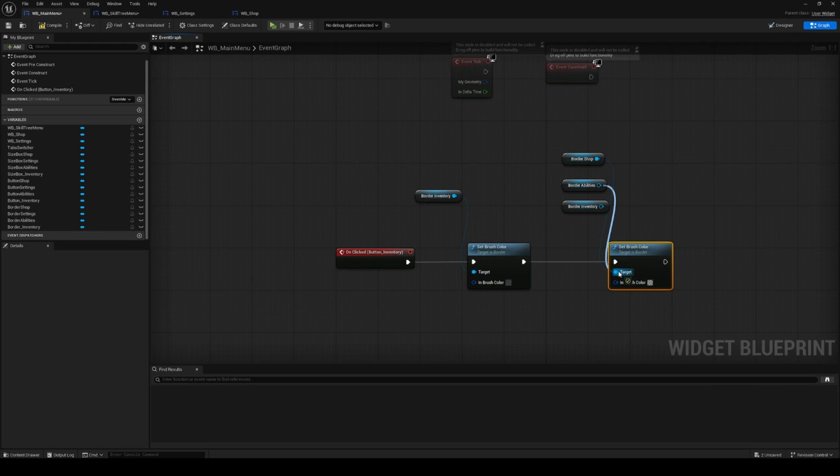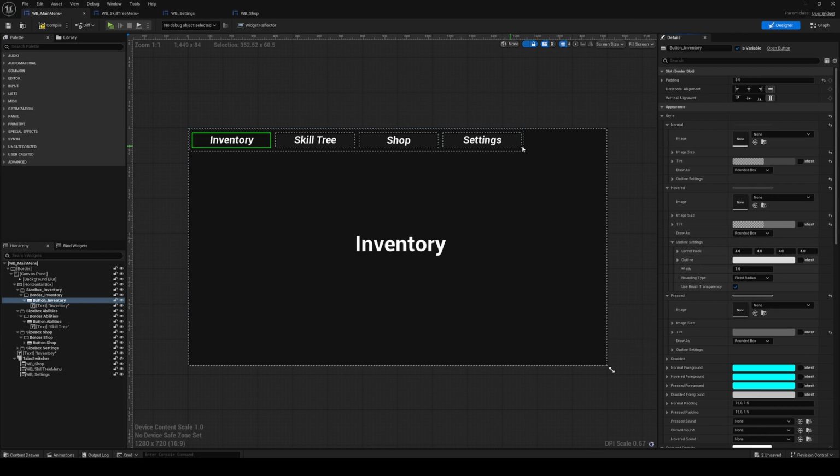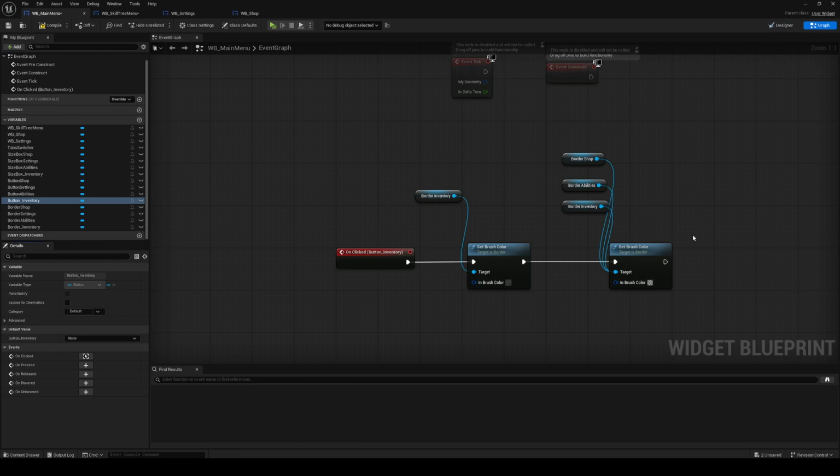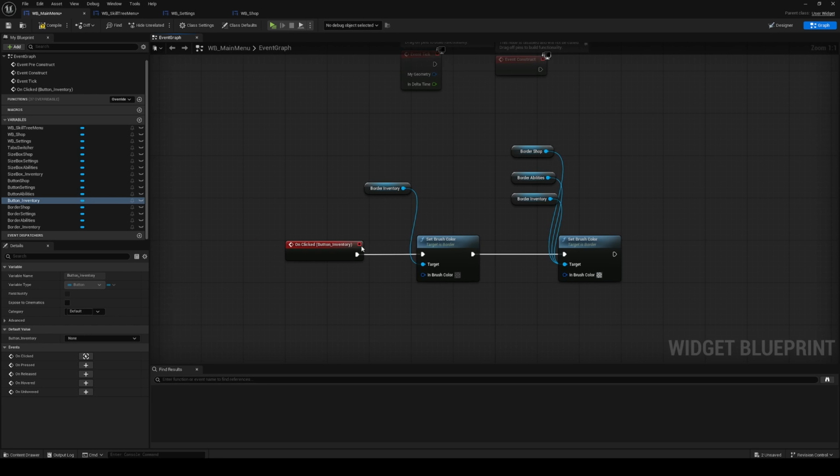So basically you connect it. Each time you press this button, this button is gonna change color and the rest is gonna reset. Why do we add all of them here? Because you can be on any page, you don't know. This page could be dark color, this page could be dark color, and you wanna reset them all. And then next, what you wanna do, you want to get what